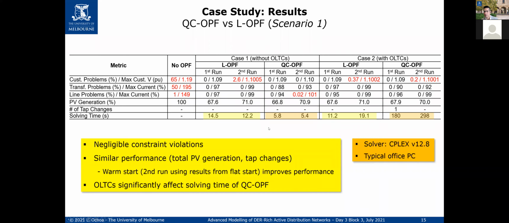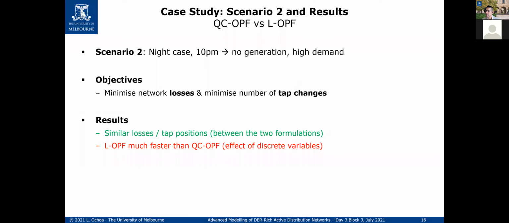This is extremely quick. We're talking about the OPF being totally doable in seconds. But the moment that you have extra challenges, like for instance the mixed integer of the LTC, which can be many things, like on and off of electric vehicles or whatever, it creates some challenges for the quadratic constraint. So this is simulation time. It is pretty fast for such a large network. Now, moving on to,